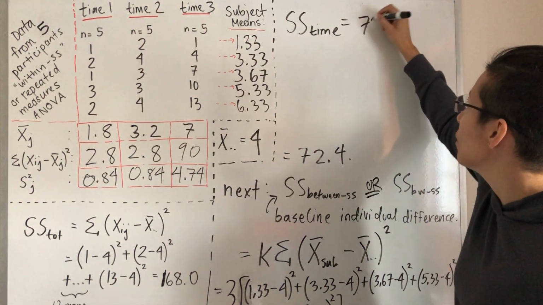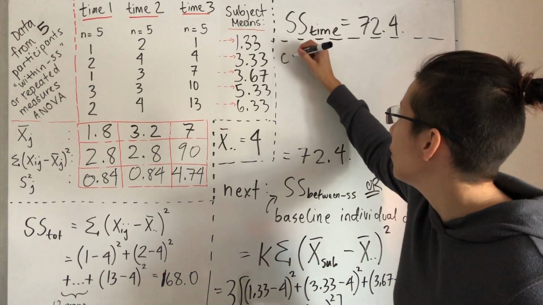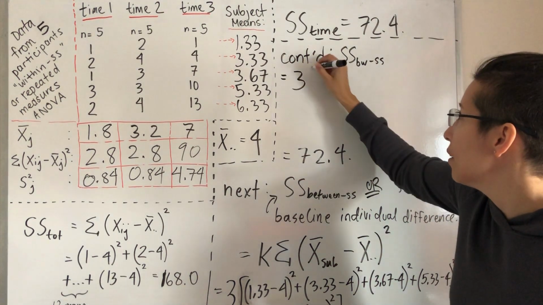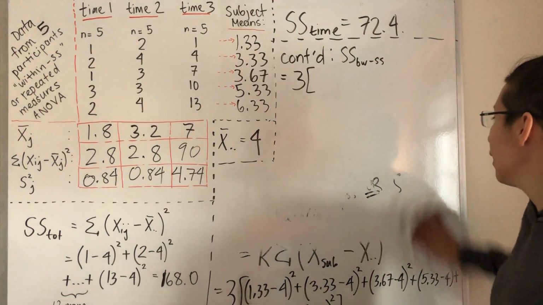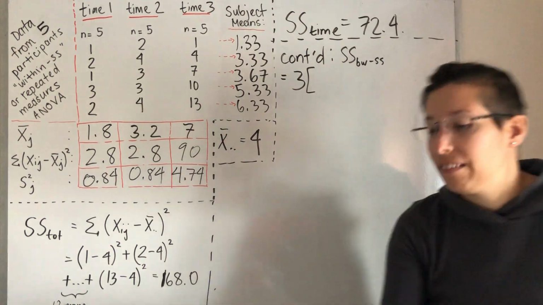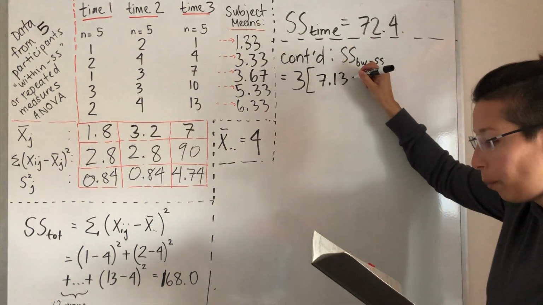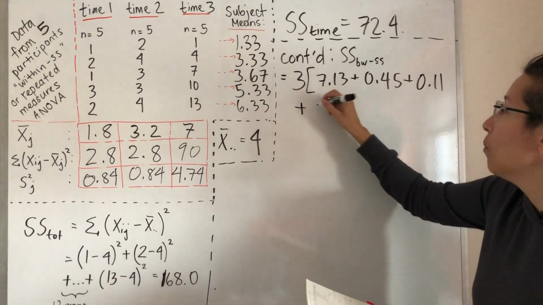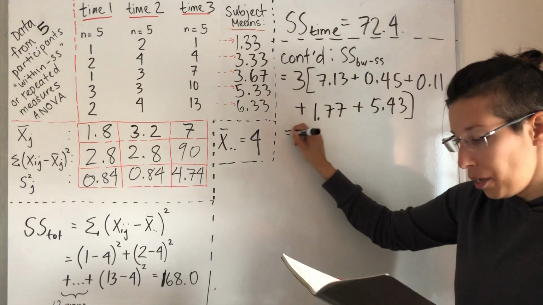Okay, so we did this, this is 72.4, so we'll put this up here now, and then we're calculating this, continued, SS between subjects, and that's equal to 3 times, and then I will do the next step in that computation for us. When we simplify each of those squared bits, we get a 7.13 plus a 0.45 plus a 0.11 plus, ran out of room again, 1.77, and finally the last bit, 5.43. When we add all those together and then multiply by 3, we end up getting